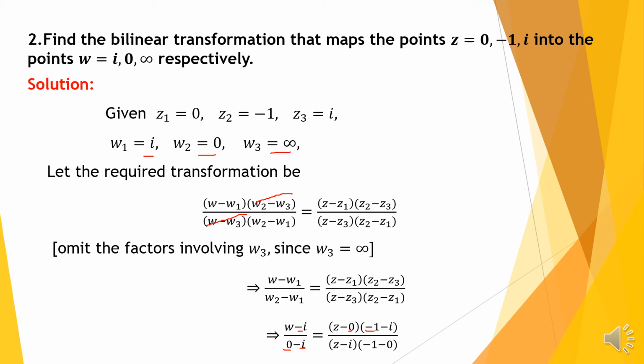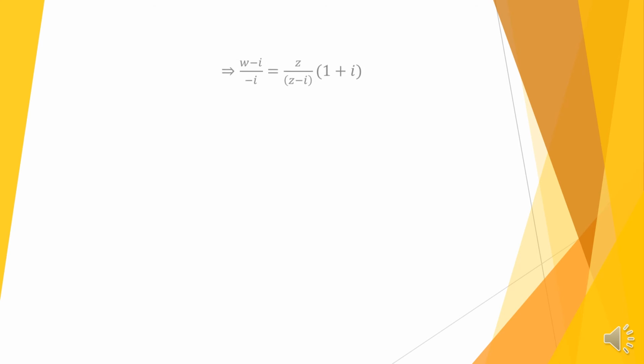Here z2 is minus 1 minus z3 is i, divided by z minus z3. Here z3 is i, into z2 minus z1. So here z2 is minus 1 minus z1 is 0. Now simplify, we get w minus i divided by minus i is equal to z divided by z minus i